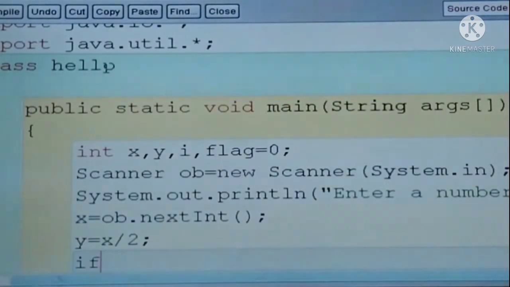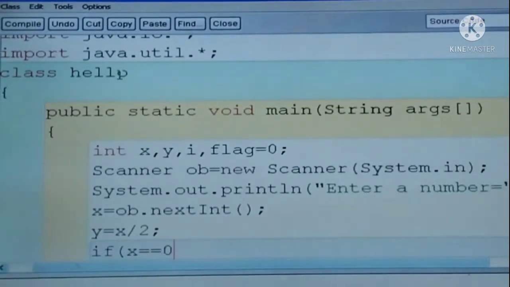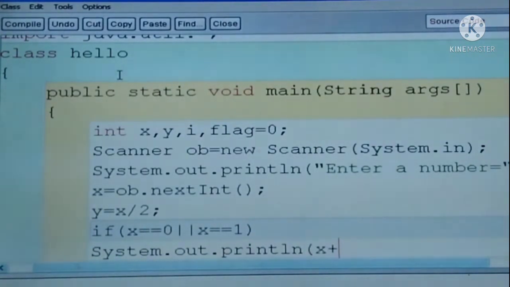Now I'll check if x is equal to 0 or x is equal to 1, then System.out.println x is not prime.